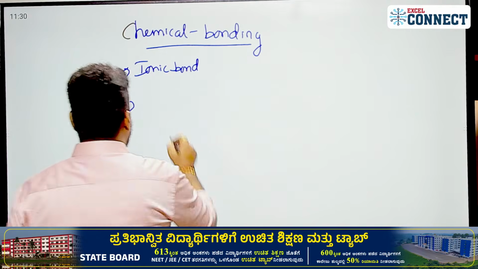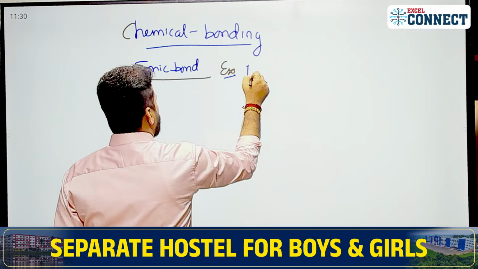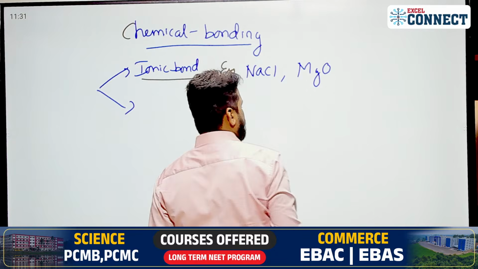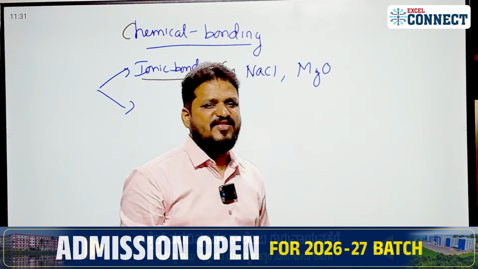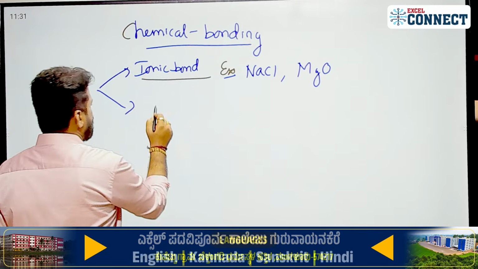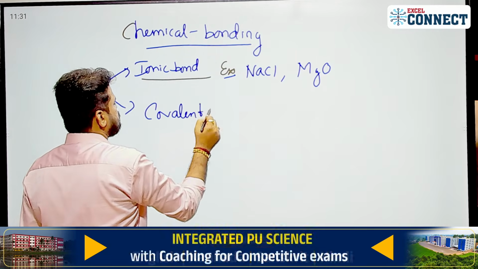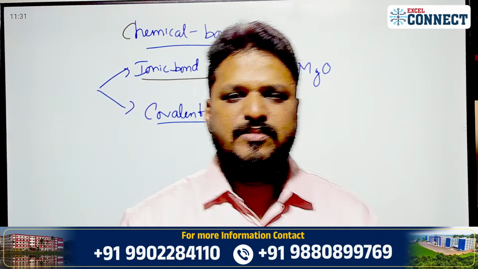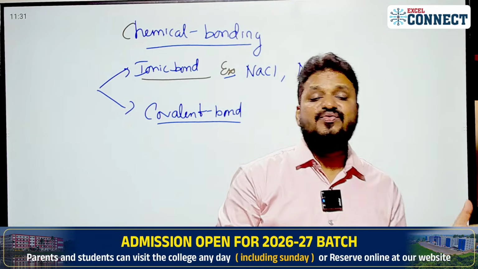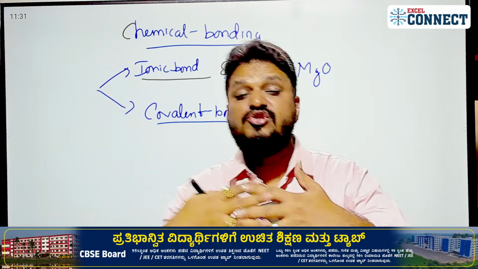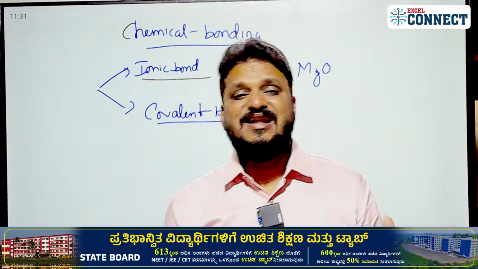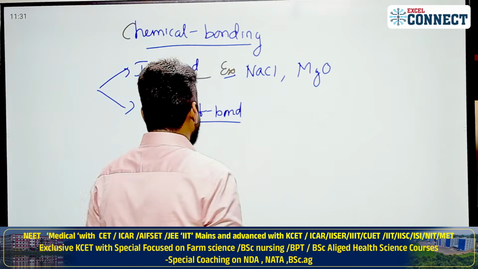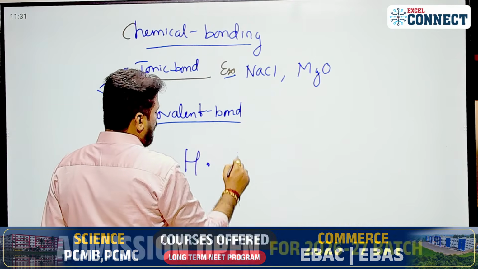Example for ionic bond. We studied the classic example of NaCl, and MgO, right? So how is it formed? By the transfer of electron from one atom to another atom. Next one, covalent bond. What do you mean by covalent bond? Sorry, covalent bond is formed by the mutual sharing of electrons. Transfer of electron is called ionic bond; mutual sharing of electrons is known as covalent bond. We studied the example of H2: hydrogen has one electron, one more hydrogen has one electron,